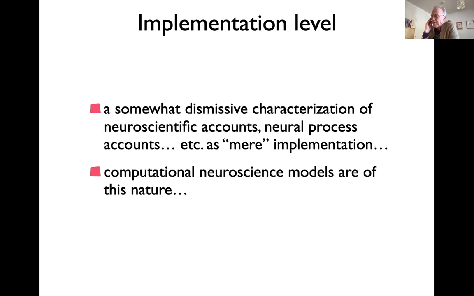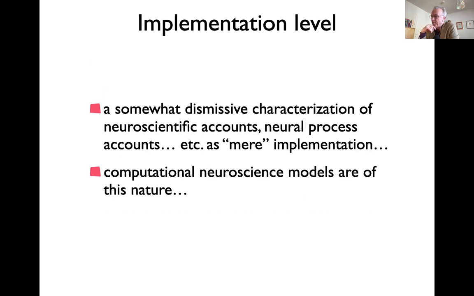And so in the Marr perspective, all of neuroscience is just implementation. Implementation, in a sense, is how do you physically do that? If you have an algorithm that does some abstract computation, do you run the algorithm on a digital computer or do you run it on neurons, for instance? And you could think of other solutions as well.